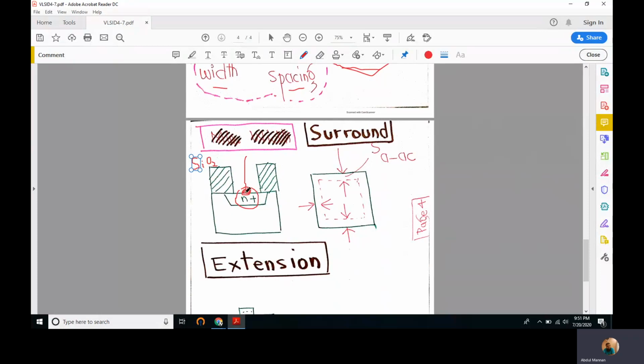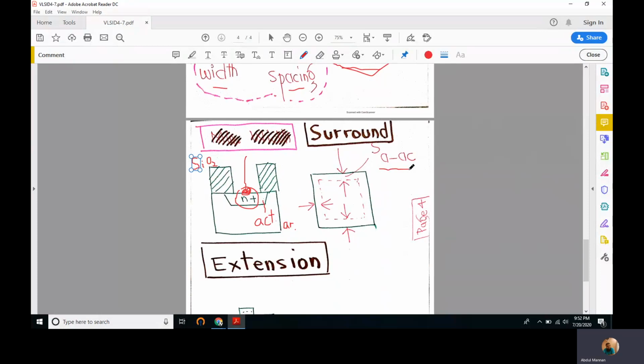If you want to make a bond here, we call that an active contact, and we have already studied that N plus and P plus areas are active areas. So the contact made on these active areas is called an active contact. So this is the active area. If we want an active contact to be made on this, we must have a spacing from all four sides, and we'll call it SA to AC, where A stands for active, AC is active contact.